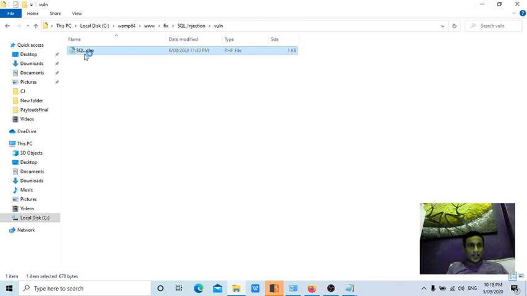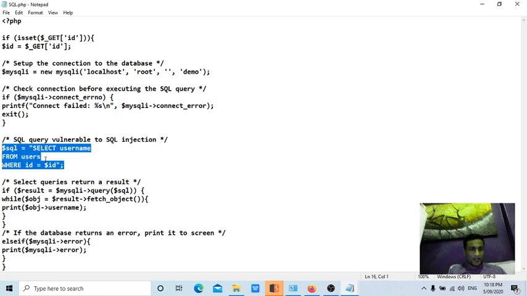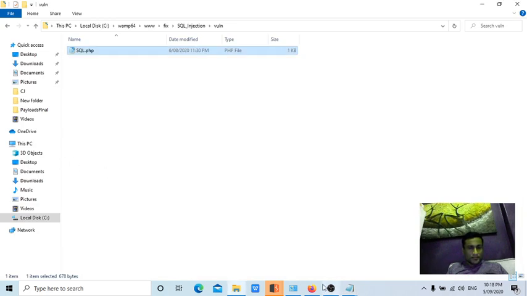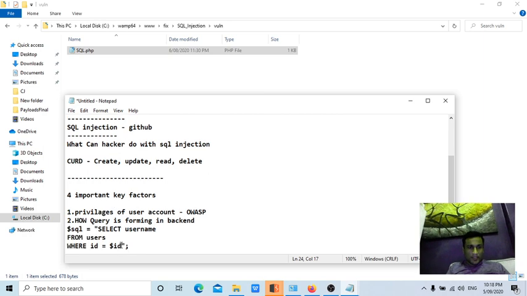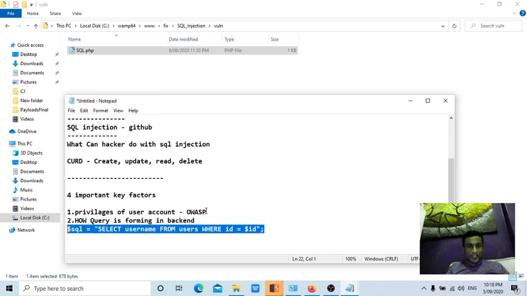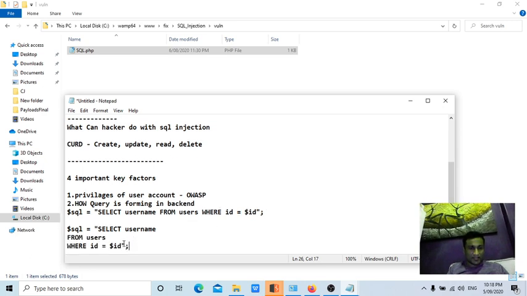The second thing is how the query is formed in the backend. Now here, if you see the code, how the query is forming in the backend, this is called an inline query, guys. That means it is taking the user input and directly forming the query here, right? Sometimes you will see something like this with a question mark. That means they are using prepared statements with bind parameters.